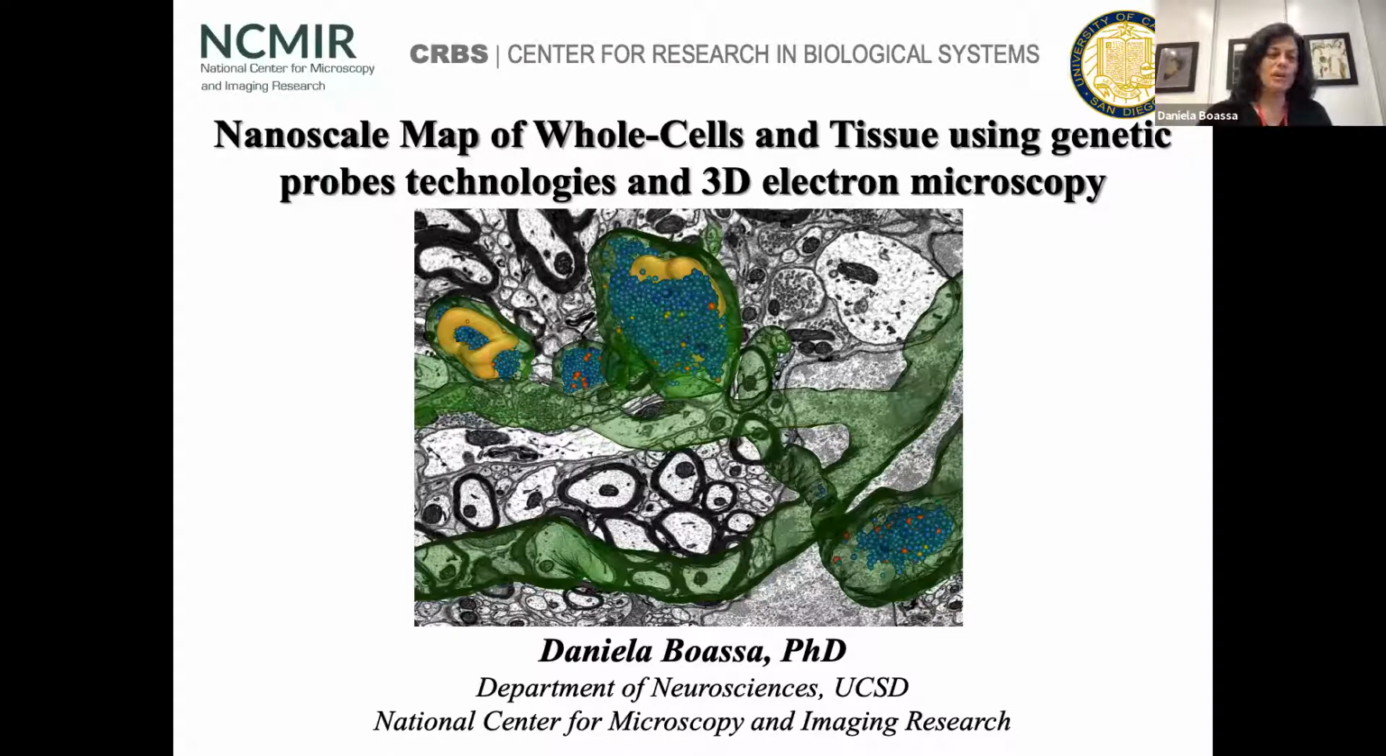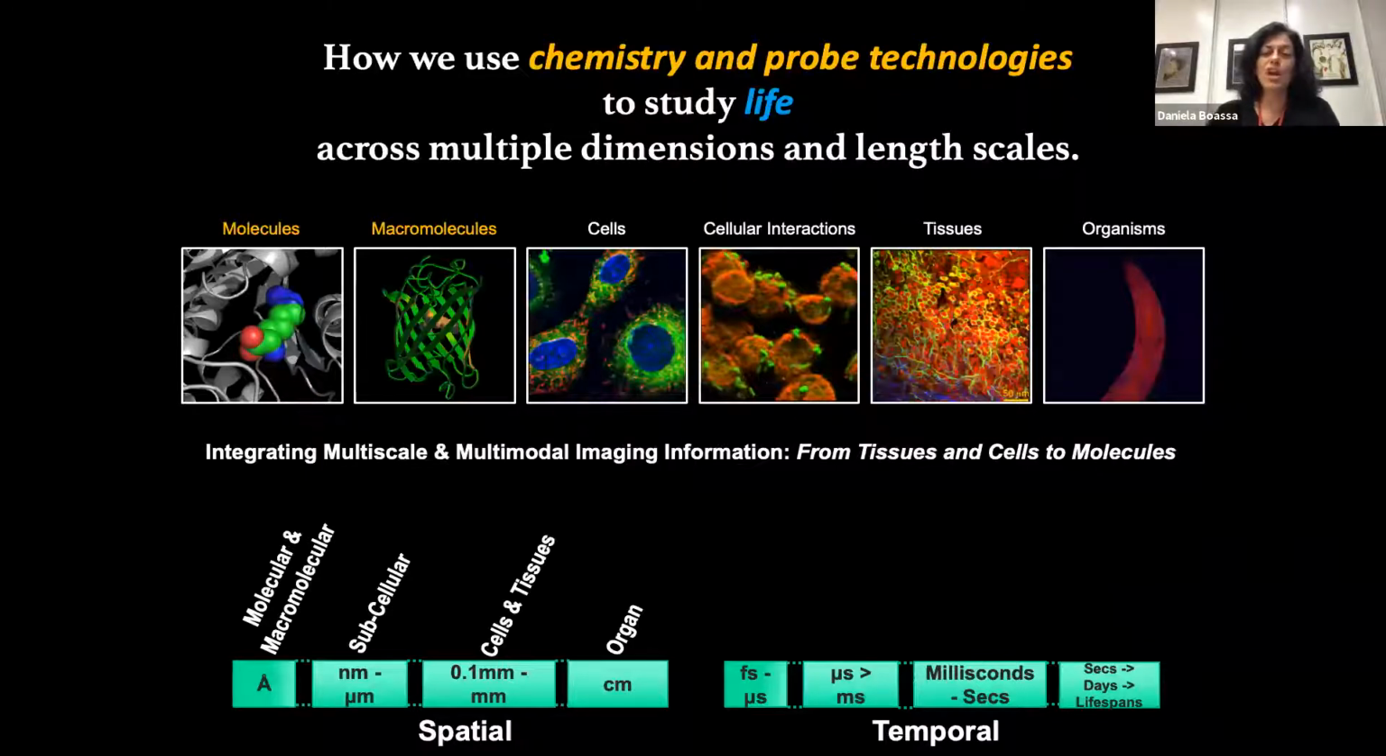The topic I will be discussing involves genetic probe technologies and 3D electron microscopy applied to obtain nanoscale maps of all cells and tissue. A common challenge in biomedical research is to be able to observe and map biomolecules in the intracellular and tissue context. And this is particularly important in complex organisms where we often lack the knowledge of the function and distribution